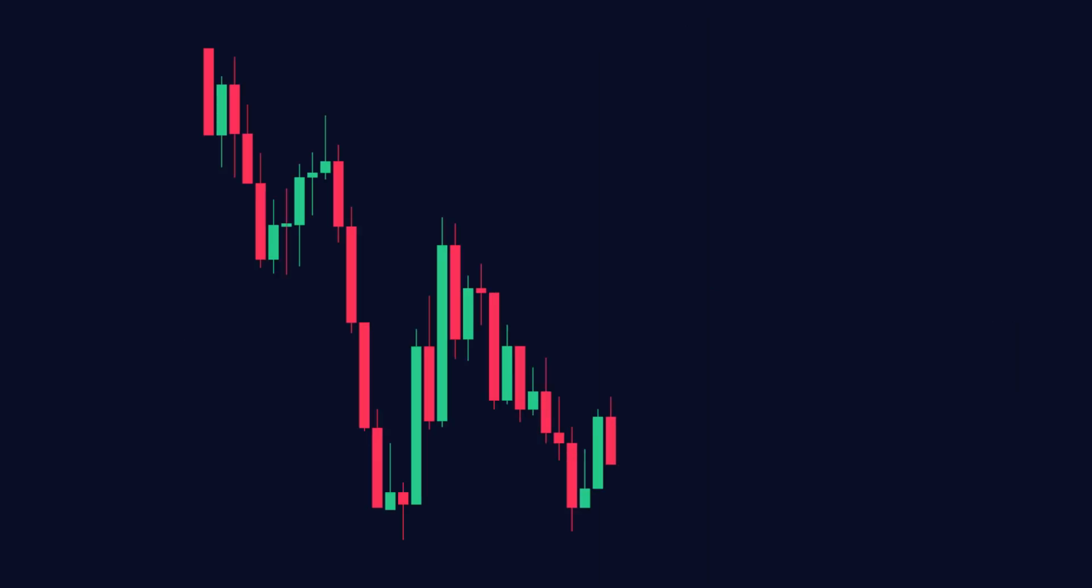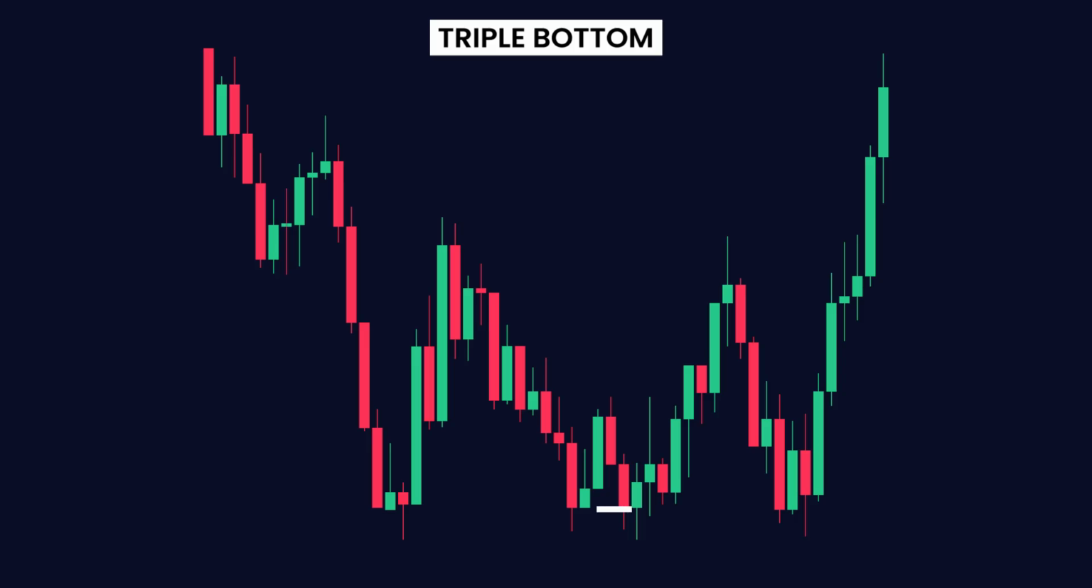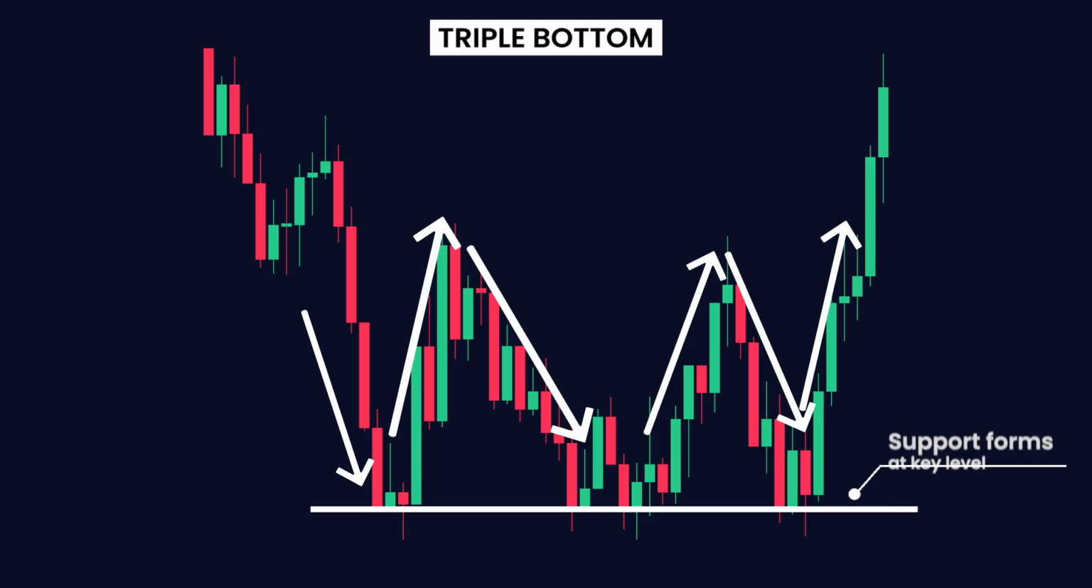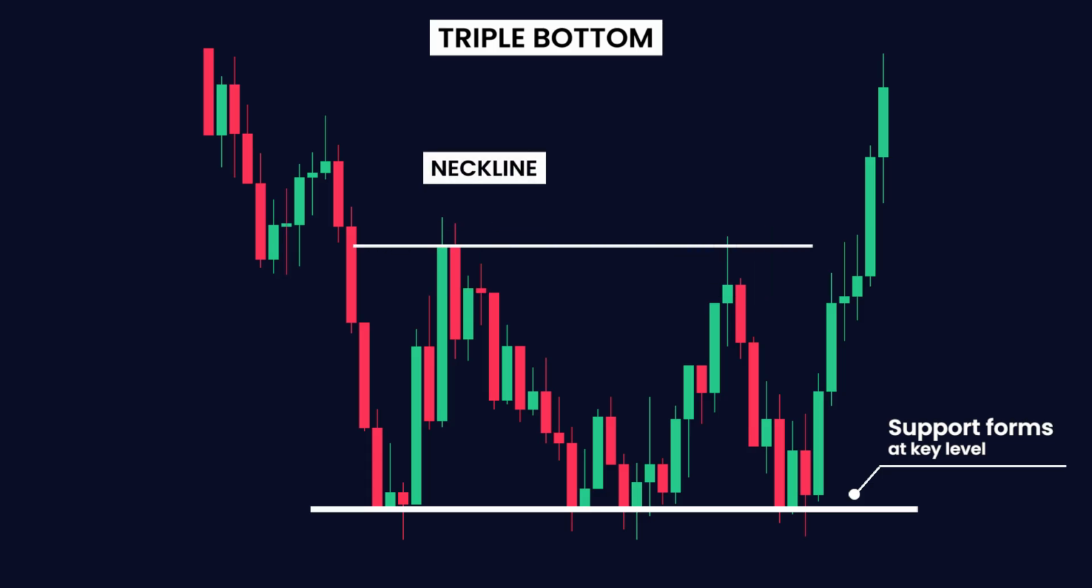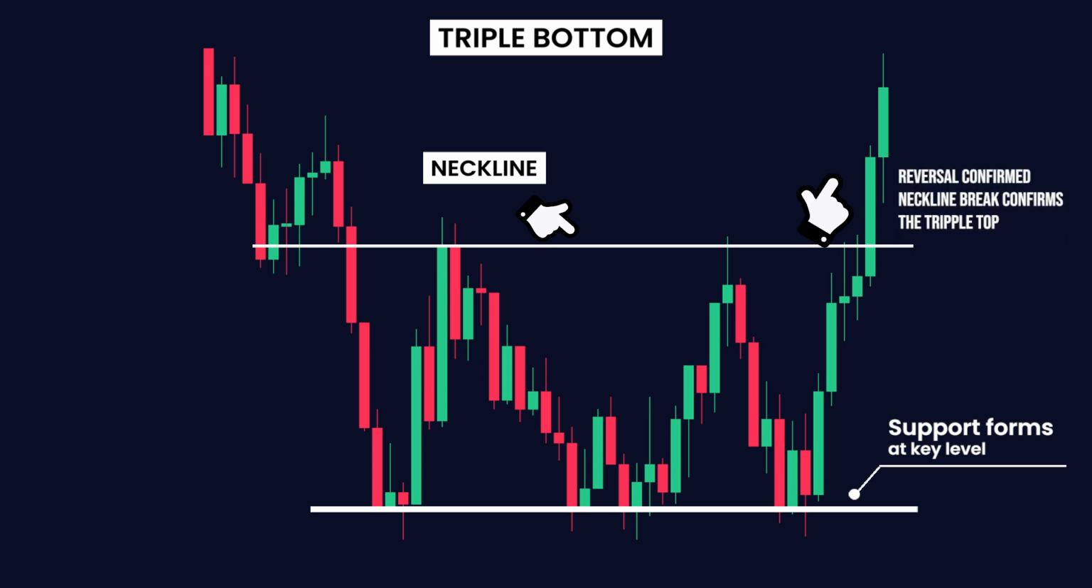Now let's look at the opposite, triple bottom. This one forms after a downward trend. Price hits the same low point 3 times, showing strong support at that level. Between those lows, the price pulls back slightly, and the peaks of those pullbacks form the neckline, which acts as resistance. When the price finally breaks above this neckline, it confirms the reversal and becomes a signal to look for